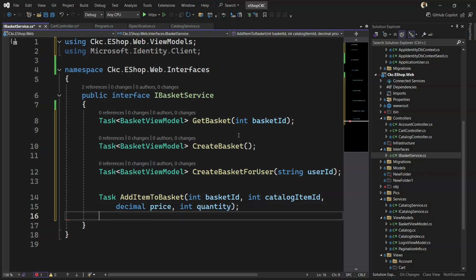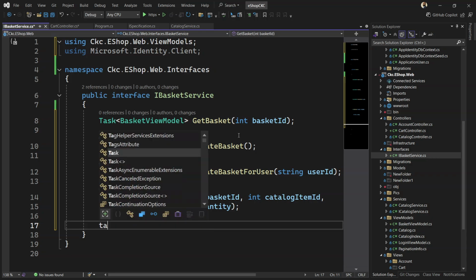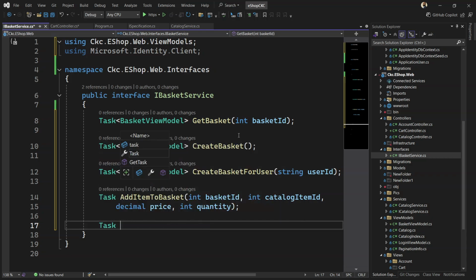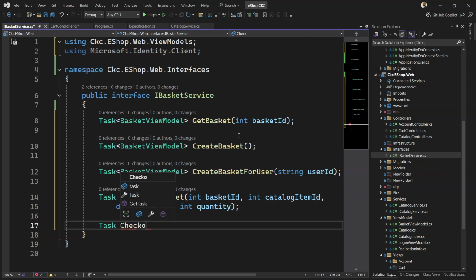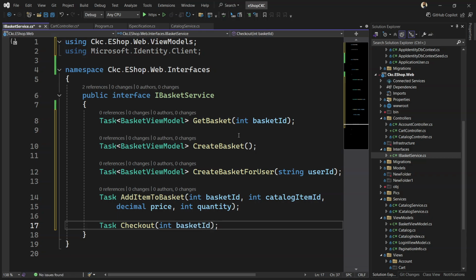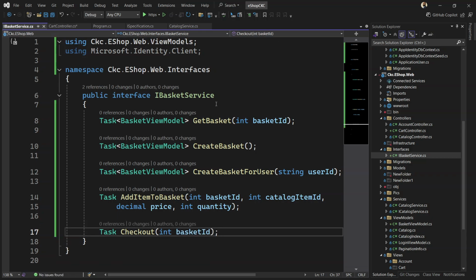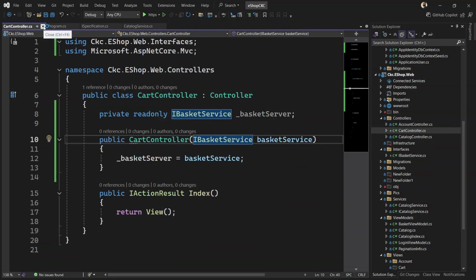So with this being done, the last method definition that is remaining is of checkout. So let's just add a checkout too, and checkout is again against a specific basket ID. So this is basically our definition for this IBasketService. We'll be implementing this in a while, but let's just try focusing on our controller